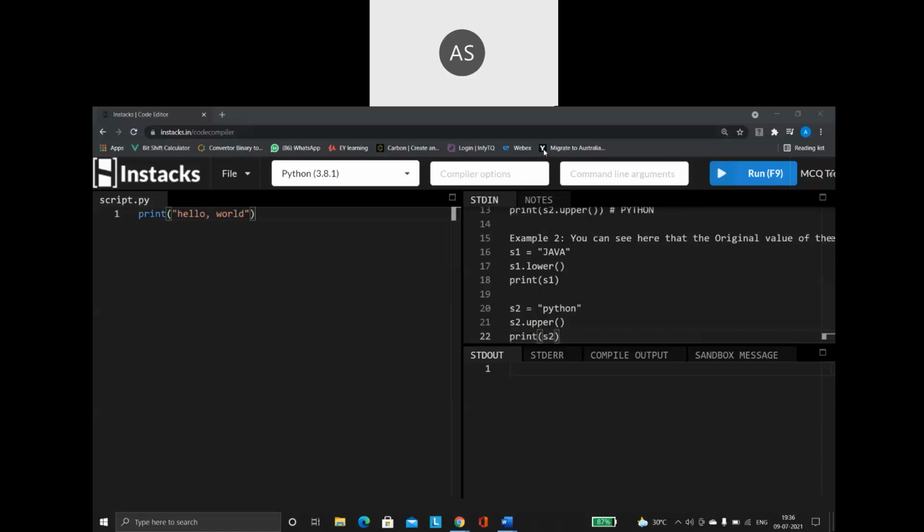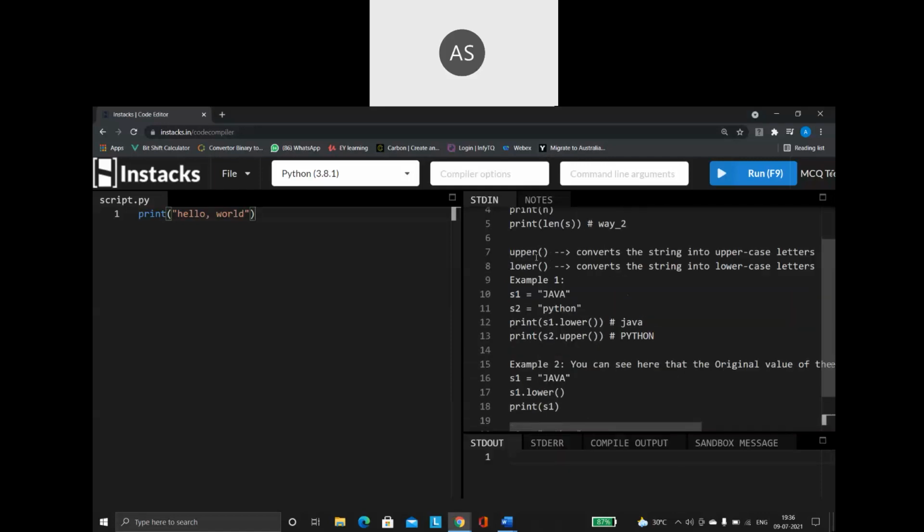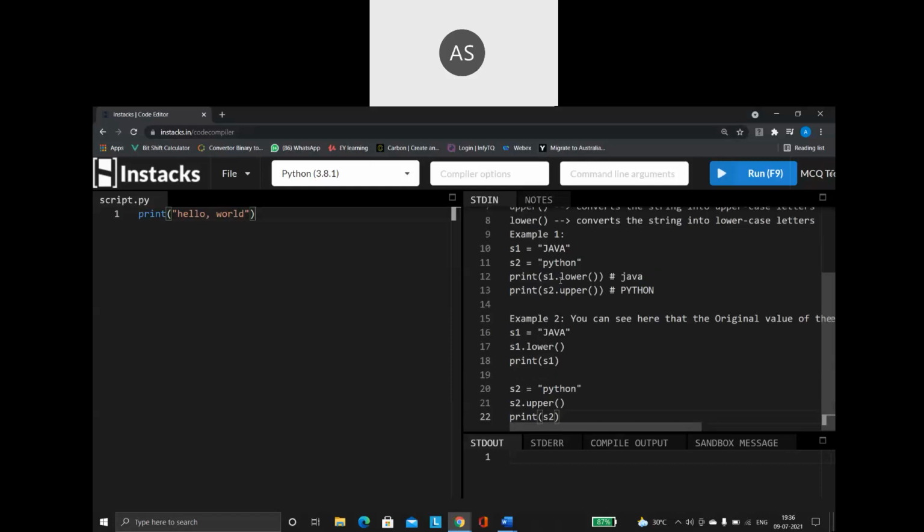Okay guys, so what we'll do is we'll continue with the string functions. Last session we were going through certain functions. I told you about the len and then I told you about the upper and lower functions. So we'll continue from there onwards. Last time I told you one small example. What was that? I told you that strings are immutable. So once you create a string, we cannot modify the string value.